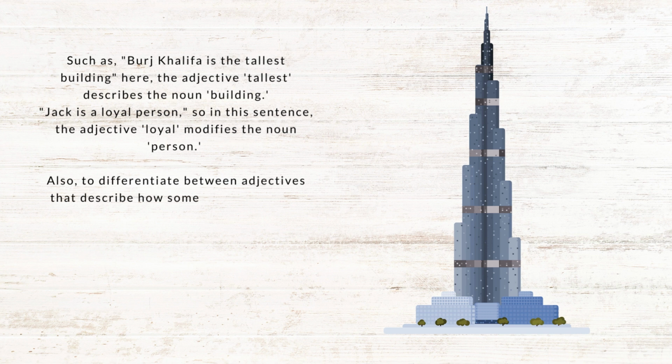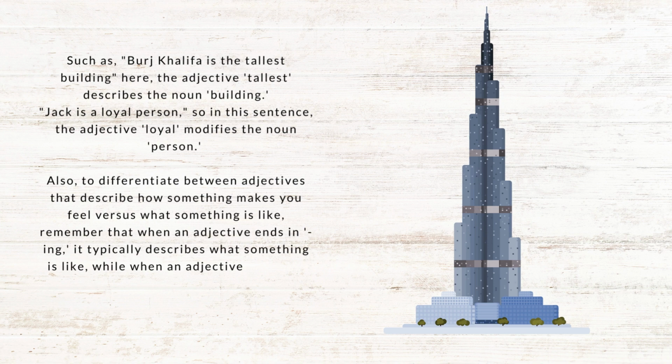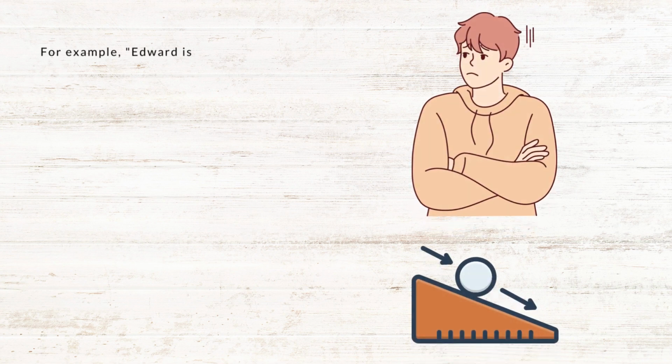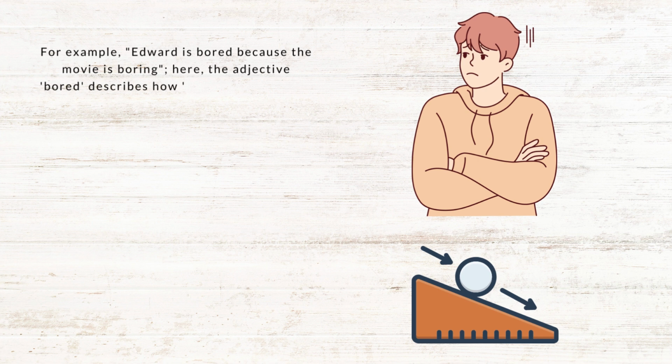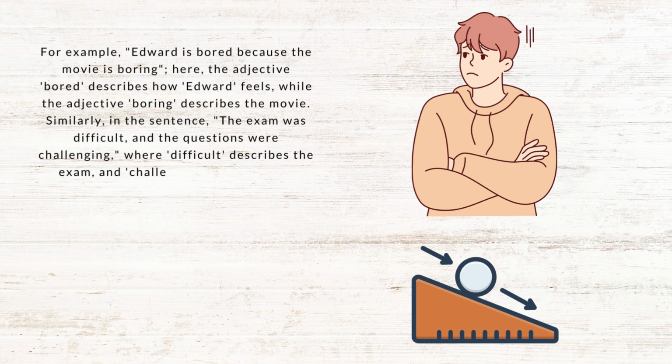Also, to differentiate between adjectives that describe how something makes you feel versus what something is like, remember that when an adjective ends in ing, it typically describes what something is like, while when an adjective ends in ed, it typically describes how something makes you feel. For example, Edward is bored because the movie is boring. Here, the adjective bored describes how Edward feels, while the adjective boring describes the movie. Similarly, in the sentence, the exam was difficult, and the questions were challenging,